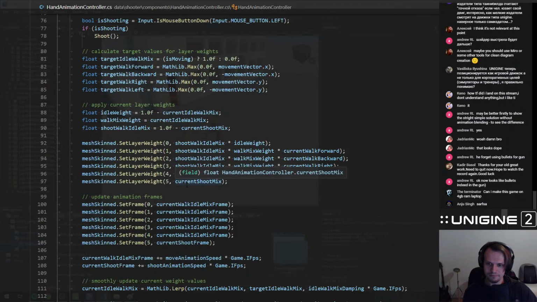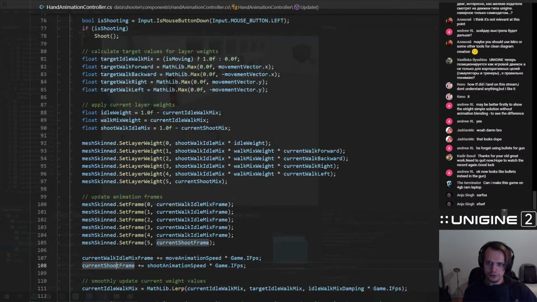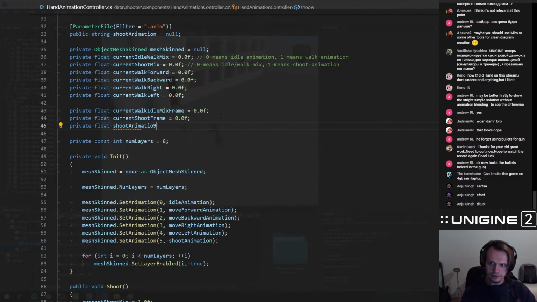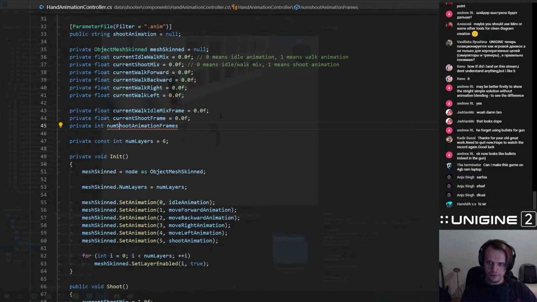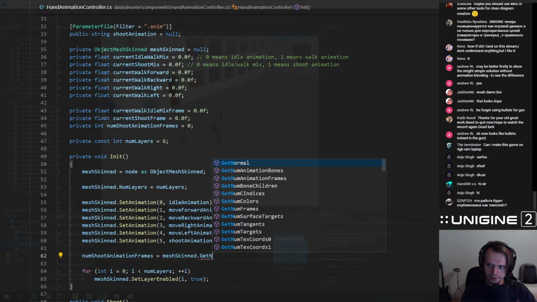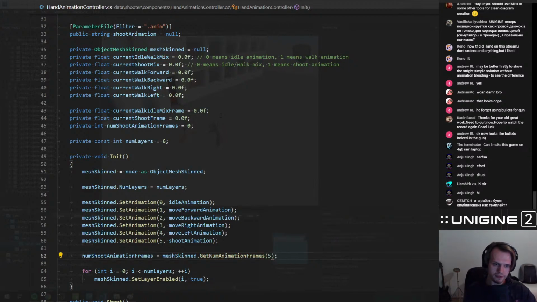All right. What do I need to do? I need to get the shoot animation interval or frames. And we are going to get this very easily. Now shoot animation frames equals mesh skin get num animation frames, and then we will use the same index, but